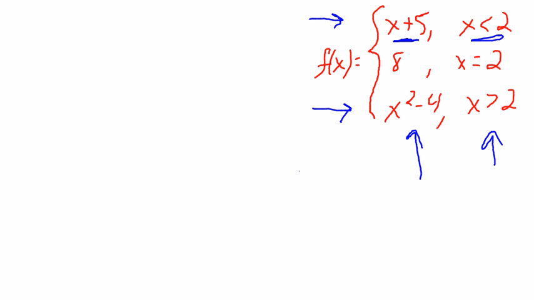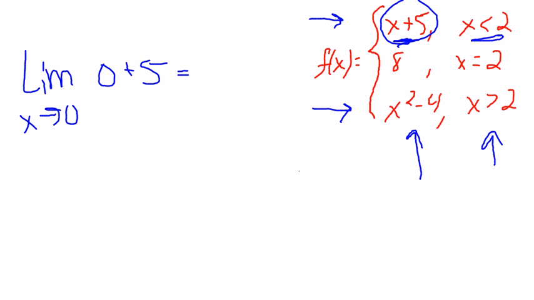Next one, part D, is the limit as x approaches 0. So this is super easy as well. There's nothing funny happening at 0. It's following this guy in and around 0. The only juicy, meaty stuff with this problem is happening in around 2. So I can just plug in 0 to that x plus 5 and get 0 plus 5,